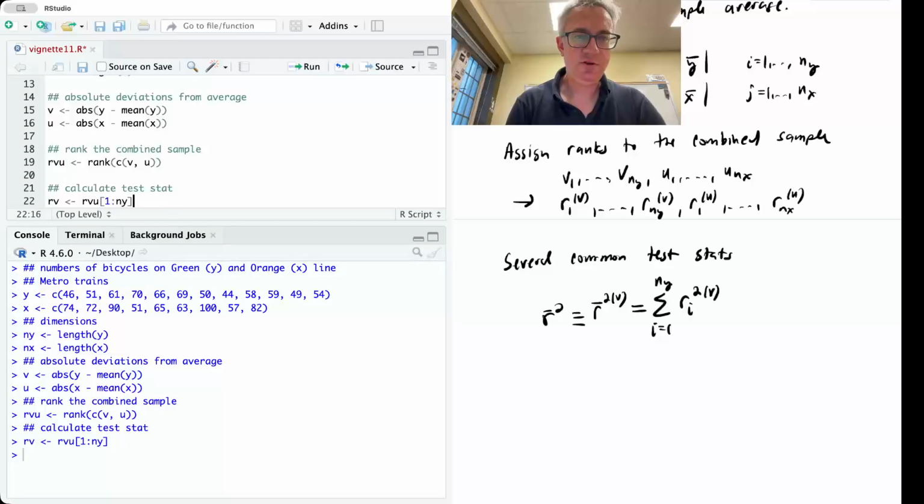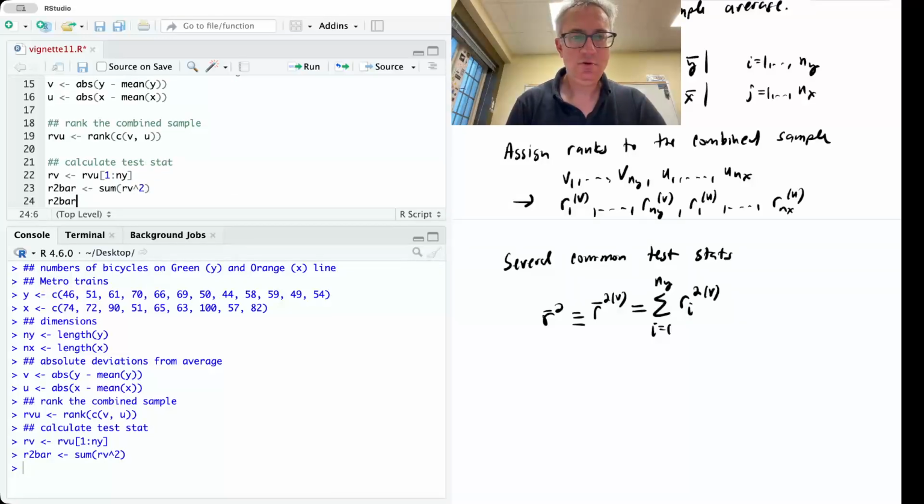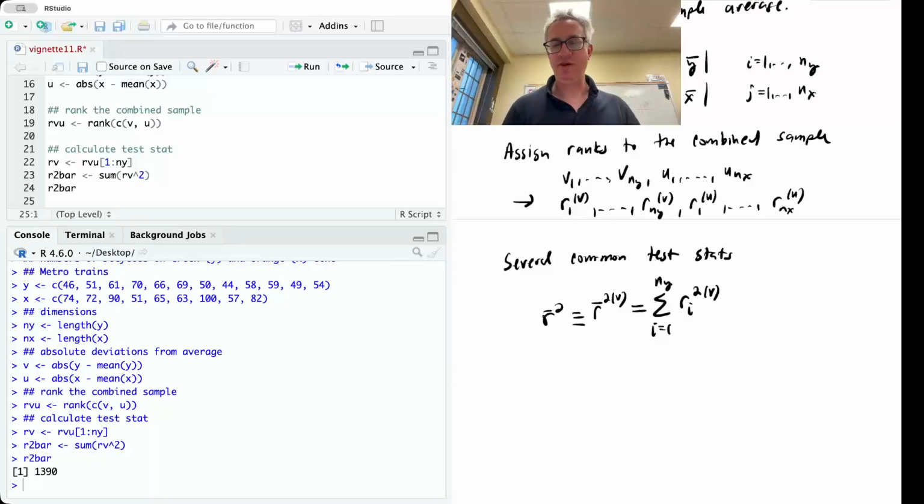Whoops, I'm struggling a little bit here. R2 bar is the sum of the squares of the V ranks. Okay, so that number is 1,390, and that number is totally meaningless without understanding the sampling distribution under the null